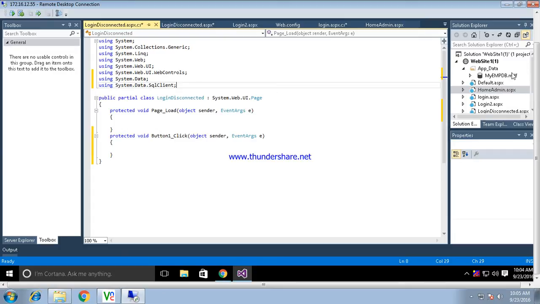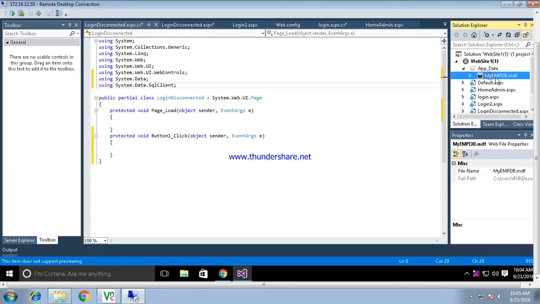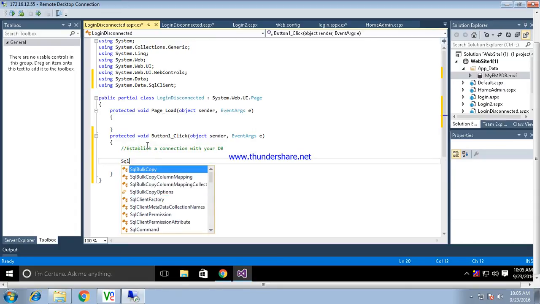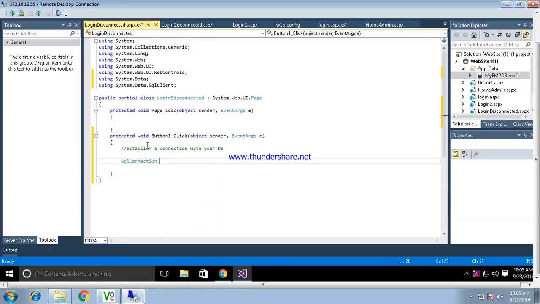We are going to use SQL Server as our database, and for that the provider is SqlClient. Now when I click on the button, the very first thing is I want to establish a connection with my database, and you can do that by creating the object of the connection class.